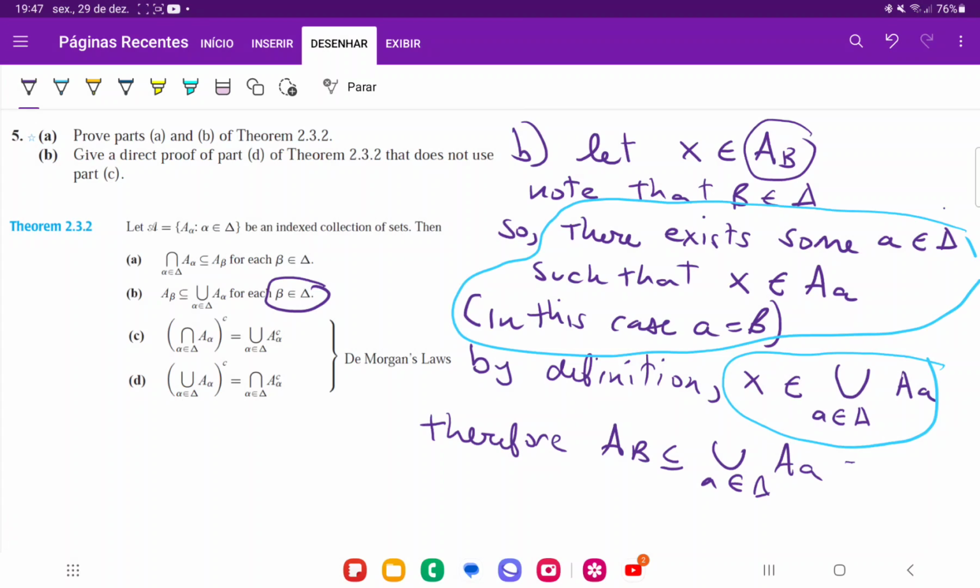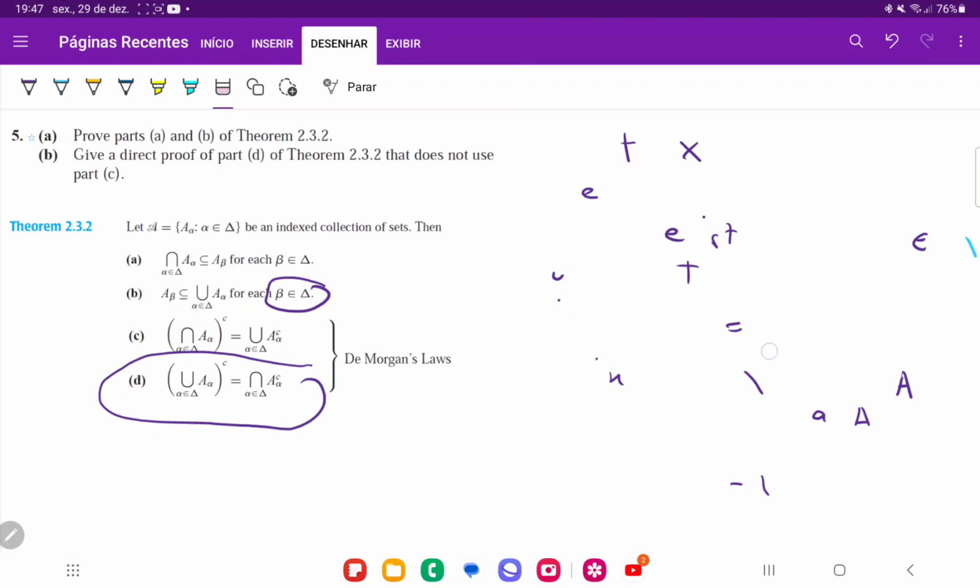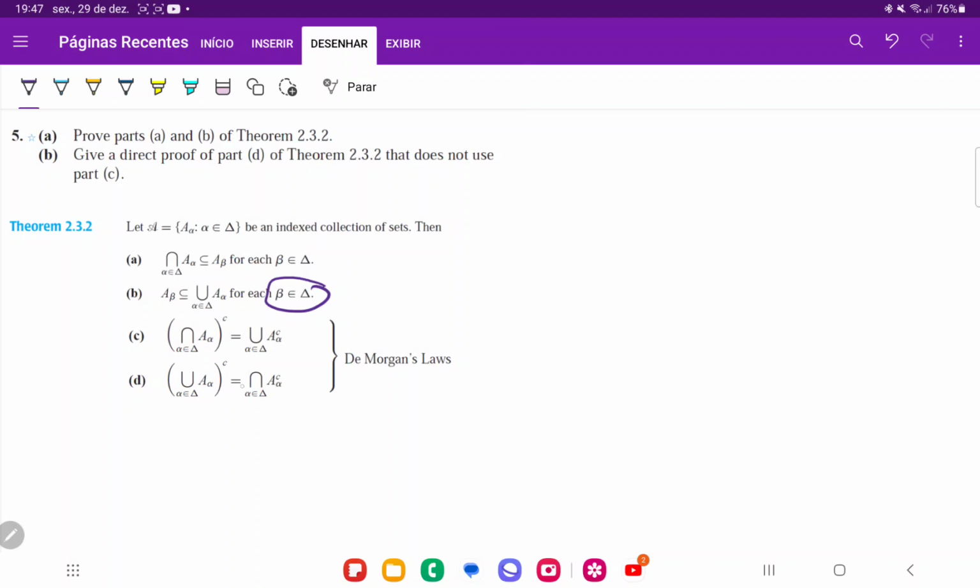And lastly, we want to give a direct proof of part D that does not use part C. So let's go ahead and do that. This is one called De Morgan's laws, which is about the complement. Because this is an equality, we're going to use a chain of if and only if statements, because we do have to use a biconditional whenever we're doing equality, or use a two-part proof. But using if and only if statements is just shorter. So for item D,